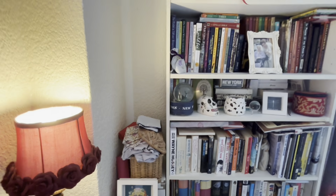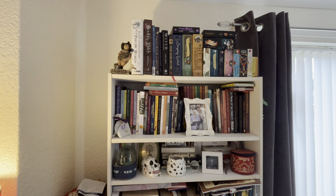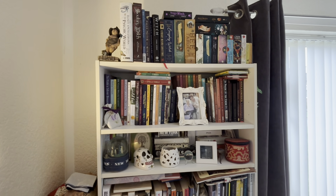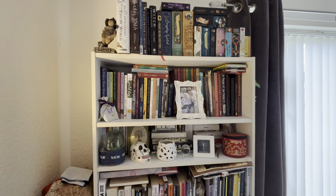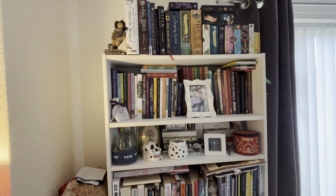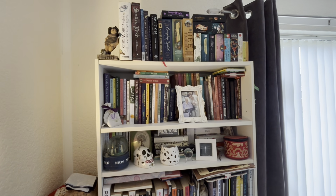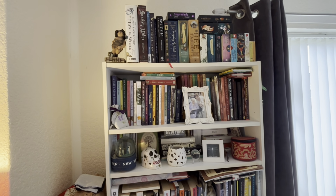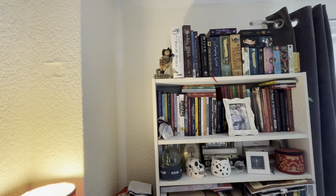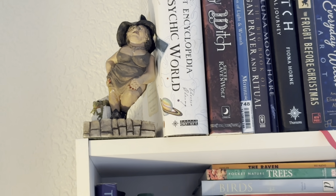And here's our bookshelves. Now, we tend to just keep the books that we really love and move the rest on. And the same's true of tarot. The tarot decks that I have now are the ones that really speak to me and that I really enjoy. So there they are. On the top left of the top shelf is this little witchy bookend,